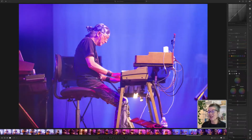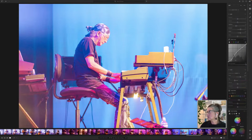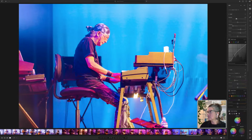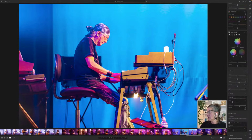And I'm going to go. So we had the blue one before. I'm going to paste the blue one here just for us to see. And it definitely worked a lot better. Now I definitely still need to work on some highlights here because you can see that things are a little bit overexposed. So I'm going to bring that down a bit and probably a tad of dehaze too. But yeah,